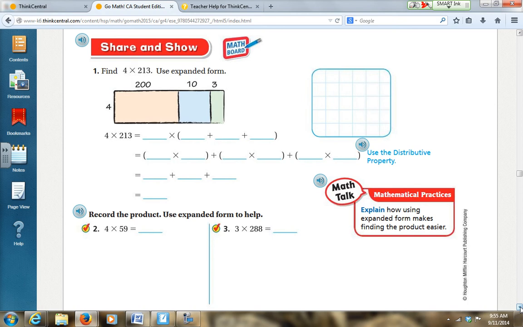Alright, so we have 4 times 213 using expanded form. They already did half of the work for us. Okay? It's 4 times 200 plus 10 plus 3. So how am I going to break this apart right here? What's my equation going to be? No. Ivan? No. Okay, 4 times